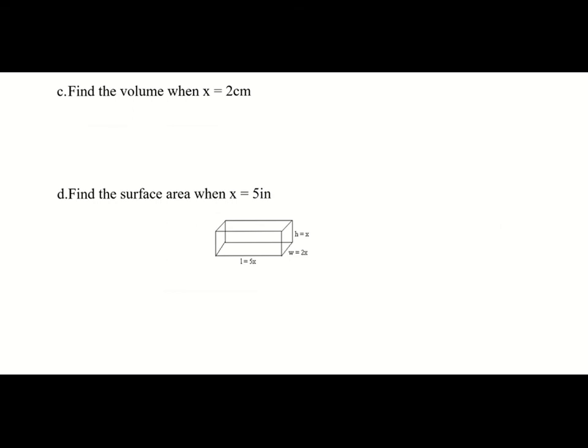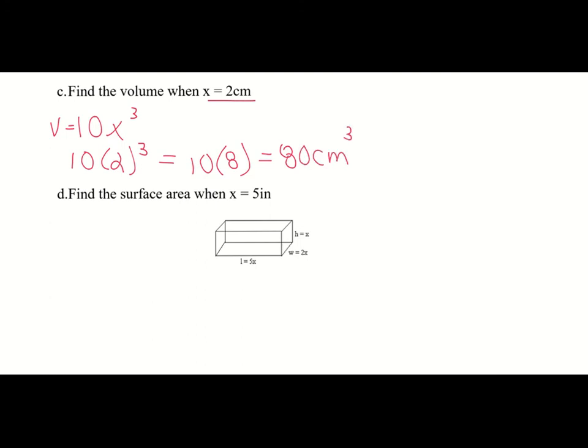So now they want us to use those simplified formulas to find the volume when x equals, in this case, 2 for the first one. Remember, our simplified volume formula for the rectangular solid that we were given, which you can see below, was the volume equals 10x cubed. We're going to plug in that 2 for x, so we do 10 times 2 to the third power. Remember, 2 to the third power is 2 times 2 times 2, so we end up with 10 times 8, because 2 times 2 times 2 is 8. That gives us 80, and volume is always centimeters or units cubed. So we have centimeters, so it will be